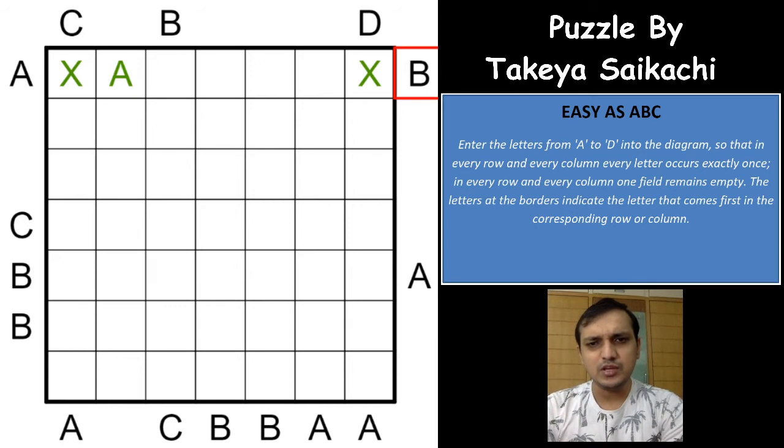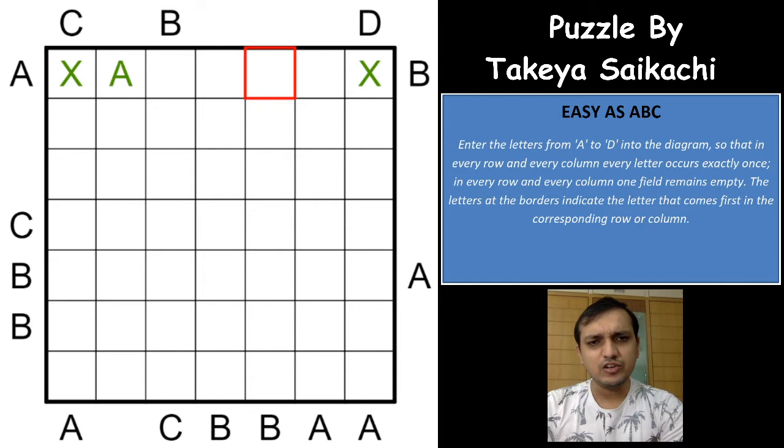Same way, if you see the B here, one more logic is, if you see the row or maybe the column clue here, you have a B that is far from one of the row clues. So this B is far from the row clue, which means that this B cannot be the first alphabet here, because then from this direction this has to be the first alphabet, and you won't be able to place C and D ever in this row, right? This is one of the basic things.